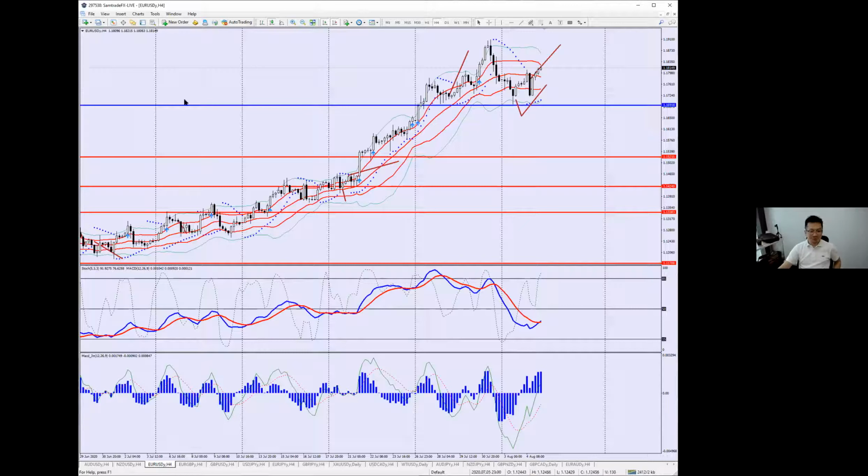We've seen the euro dollar move up. The last time I spoke about it, I said it was probably going to test this support level and bounce back up. It tested it a little bit, bounced back up. Now it tested again, it went back up again. I said it's probably going to go from this point up towards the 1.188 level. It's moving there, according to that brown line I've drawn. I probably need to be a bit more careful with how I draw brown lines, seeing how the price always tracks according to that brown line.